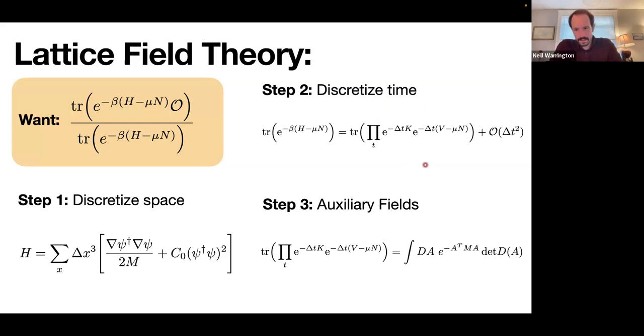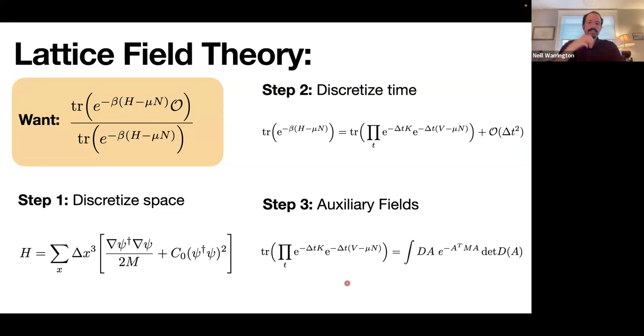So one wants to do this because this is easier to compute than this, okay? So now we've discretized space, we've discretized time. I have some theory that has space-time discretized. Now, this next step, I can't really show you because it's really complicated, but I can just tell you that